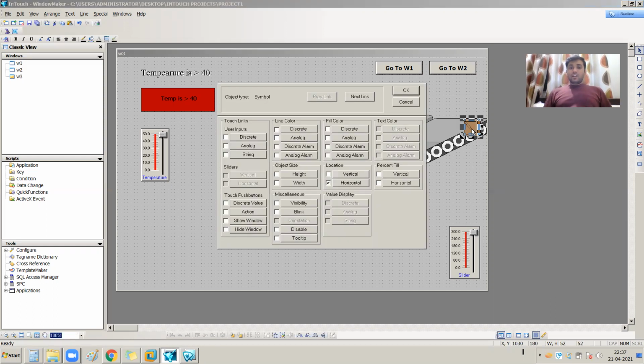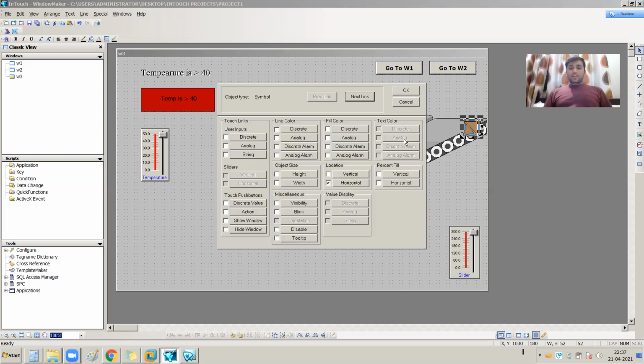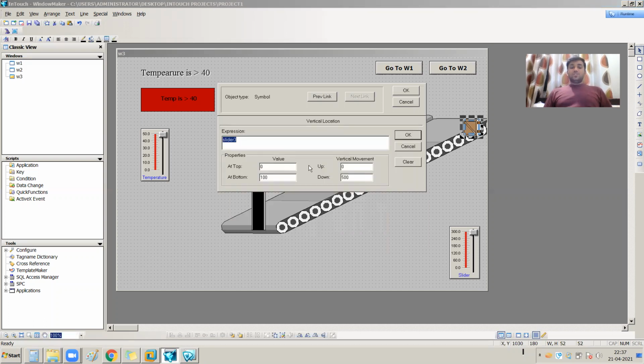Okay, so if I double click on this, if I press on the vertical location, the top position is my zeroth position, that is correct. If I go to the horizontal, the right hand side position is my zeroth position. So this should be a 0. So obviously, what is the left hand side position? It should be 200, right? Because my slider value at that time should be 200.